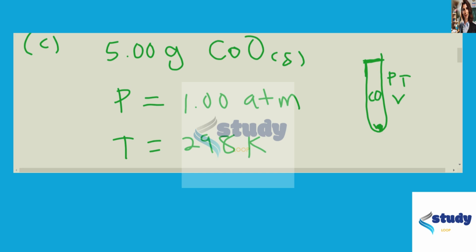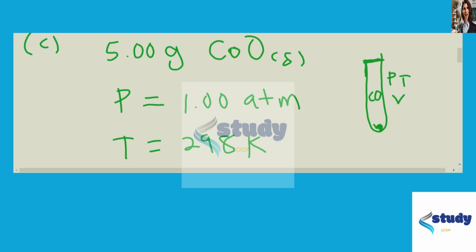So we can assume that carbon monoxide acts as an ideal gas here, and that there is no reaction occurring between carbon monoxide and cobalt oxide solid at this temperature,